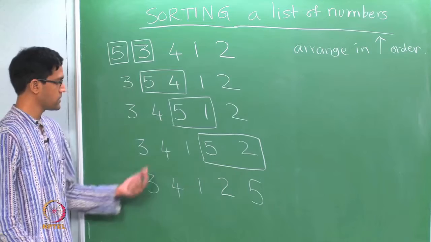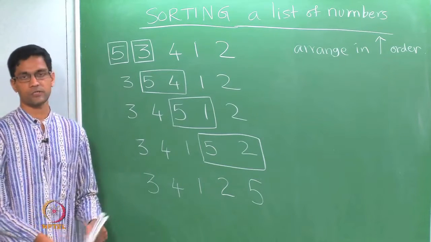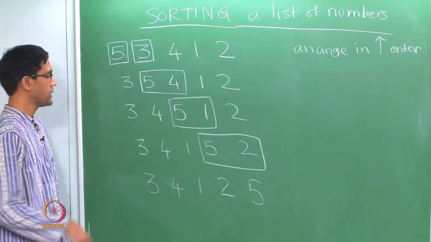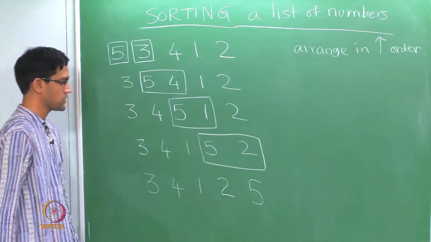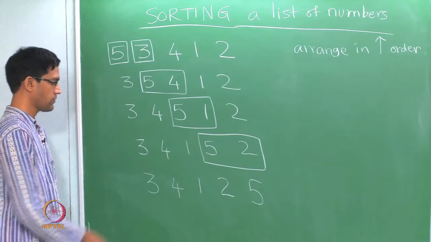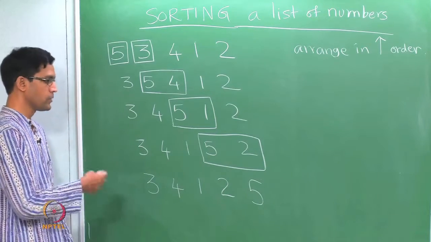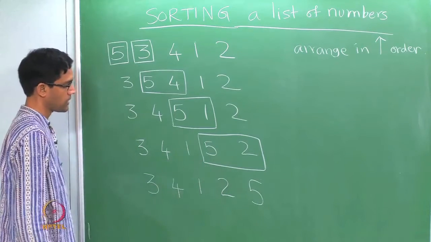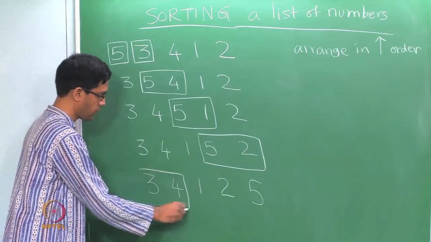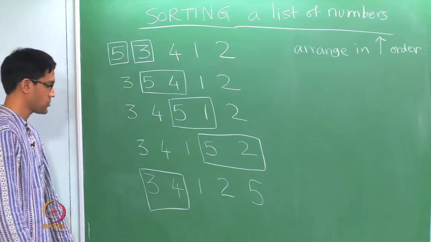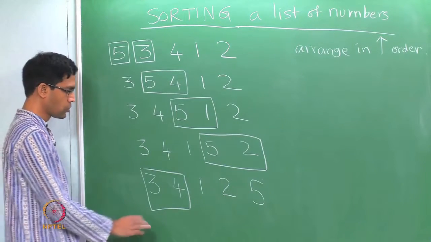what you have with this is that the number 5 is in the correct place. So what this has really managed to do is that the number 5 is in the appropriate place, which is in this case the very last. But of course the rest of the numbers are not necessarily in the correct order, so you need to keep doing this. So once 5 has reached its correct place, you start again from the beginning. You again look at 3, 4 and you again swap them if they are in the wrong order. So in this case there is no need to swap, so you don't do anything.